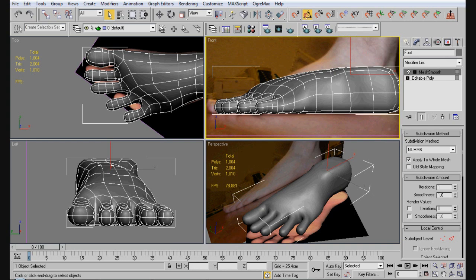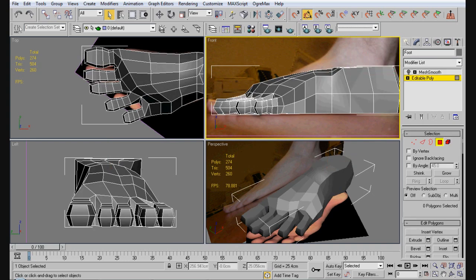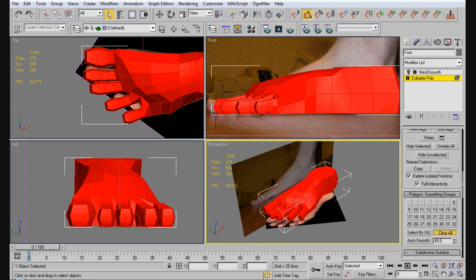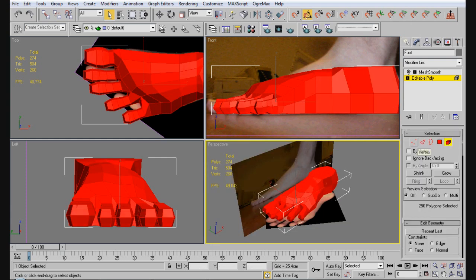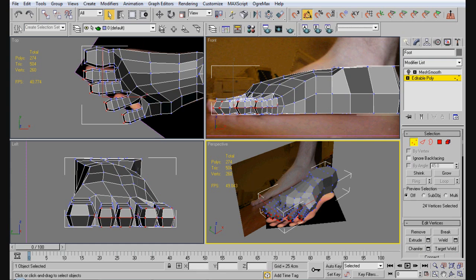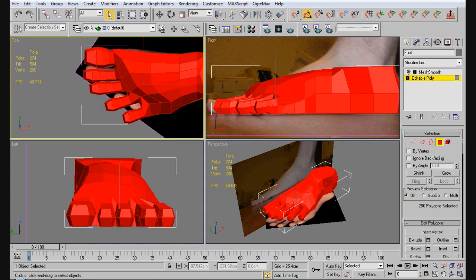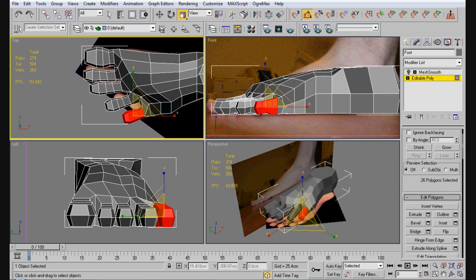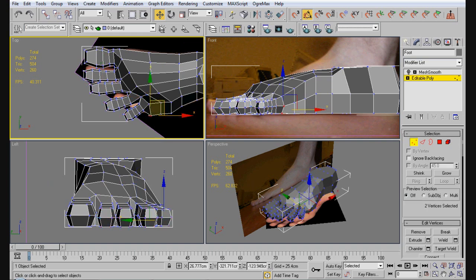We're going to take off the modifier because we want to see everything in a normal faceted view to start with. So let's go ahead and clear off any of these smoothing groups. And let's start by moving around the pinky toe, which we can do just by selecting these two right here, growing them out. We're going to shrink it, rotate it, and we'll move it in up there. Okay, now let's grab these really quick, pull these in a bit